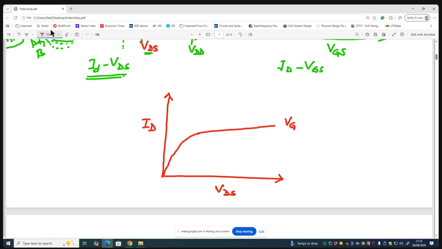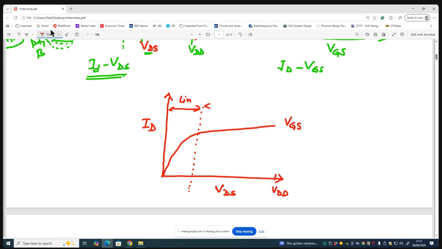Here I am drawing this current characteristic, where the current is slightly increasing with VDS. We have already identified that this is the linear region, and if this is, say, VDD, the maximum or highest voltage,